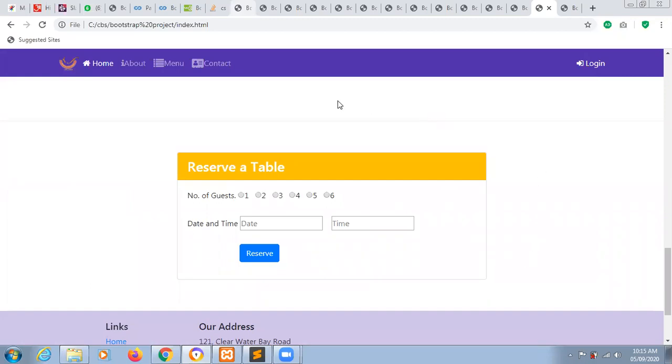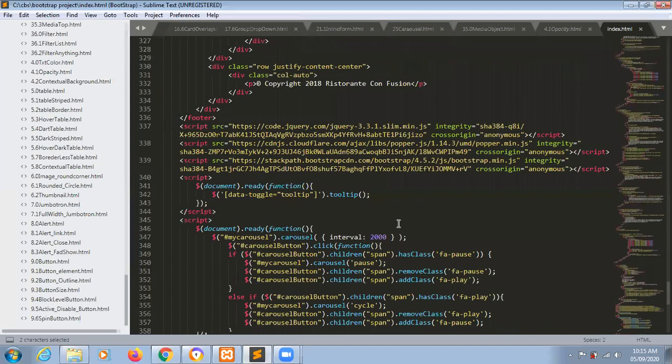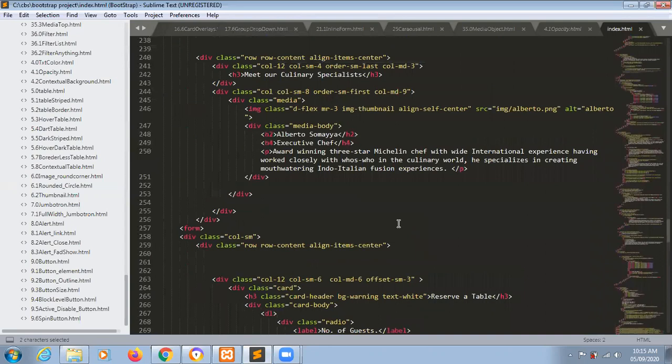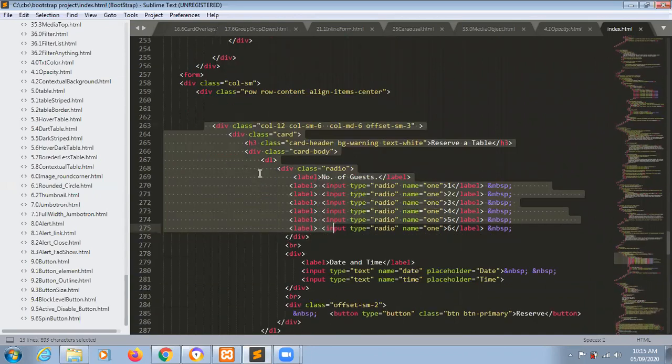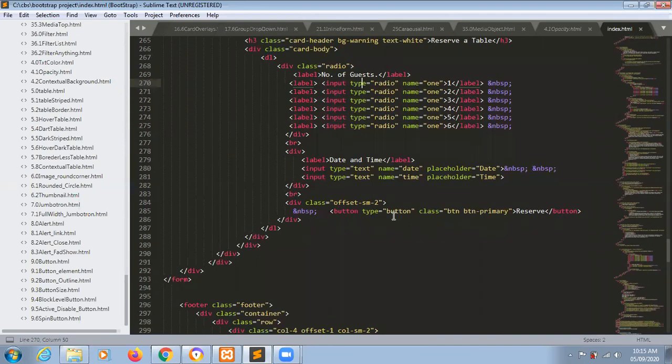Show me this in the code. This is my modal I designed here, madam. Okay, show me, sir. Here, madam, this is the modal. That's not called a modal. Card, this is a card, sorry. Yes, this is a card, madam. Okay. This is the review button, 1, 2, 3, 4, 5, 6. This is date or time. Okay, sir, fine. I am okay with your project.